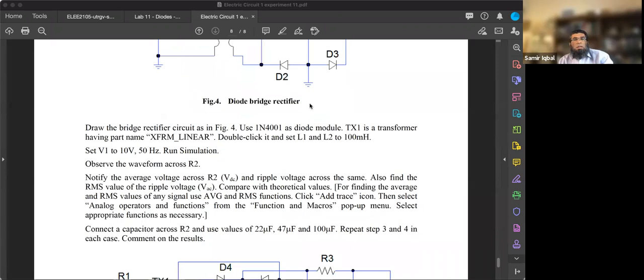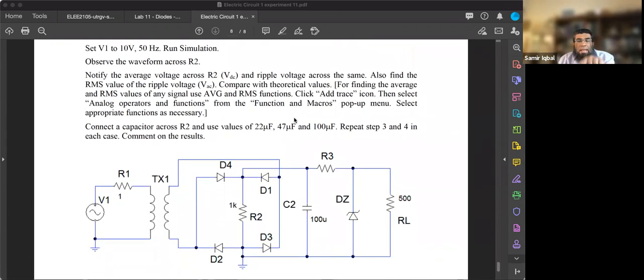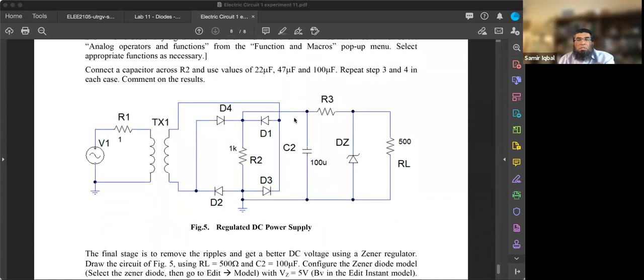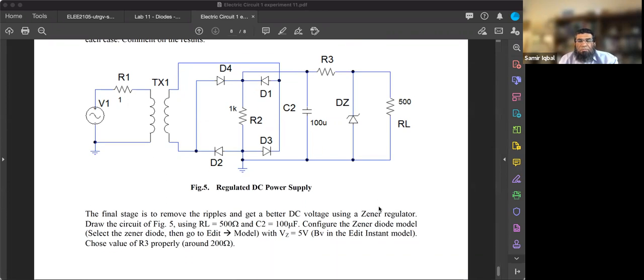So here then you will calculate R2 DC and RMS value, and you'll compare it with the theoretical value using those voltages and those formulas that we discussed at the start. And then that would be without a capacitor, and then you will introduce a capacitor, which would make it a regulated DC power supply. So now the ripple would become smaller, so you'll get a smooth DC output voltage from this rectifier. All right,